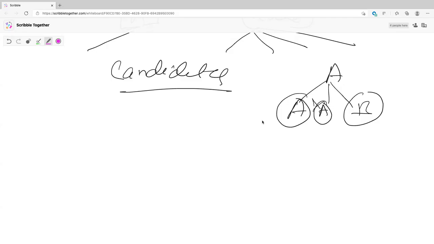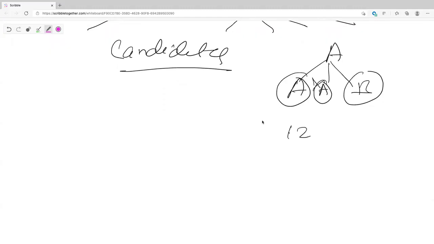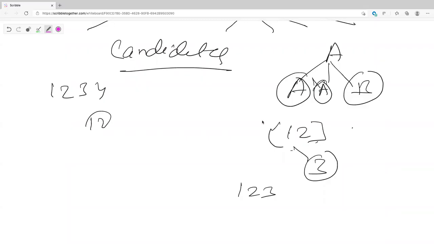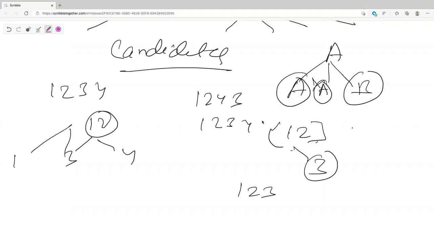Similarly, let's say you're standing at 1, 2. What are the possible candidates? It's only 3, because that is the only one remaining, so you'll get only 1, 2, 3. Now if you had 1, 2, 3, 4, and you're sitting at 1, 2, and you had to generate 1, 2, 4, 3 and 1, 2, 3, 4, what are your possible candidates? You either start from 3 or you can start at 4. You don't do 1 and 2 because those are already eaten up. So your candidates here are only 3 and 4.